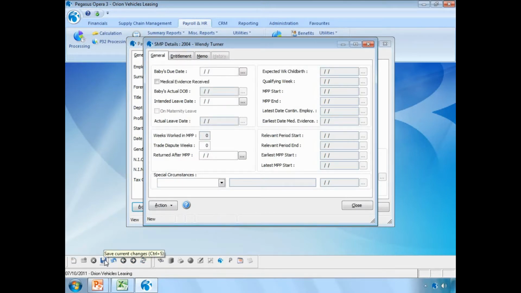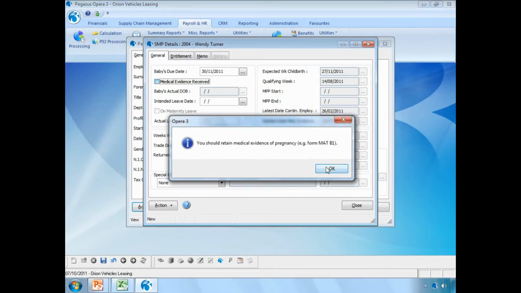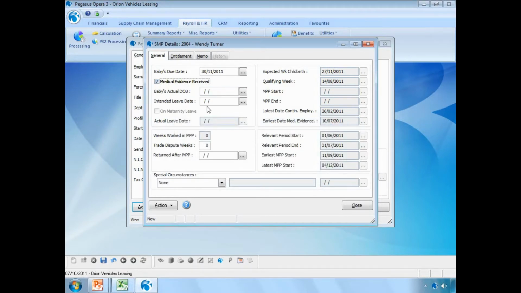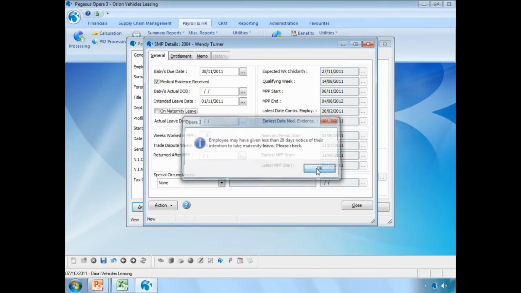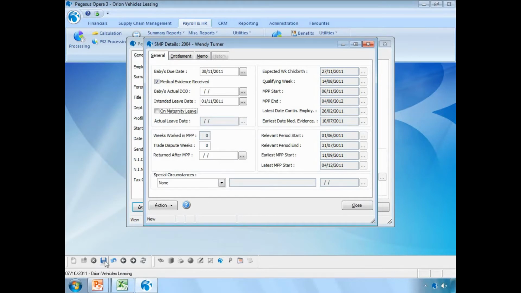When is the baby due? Has medical evidence been received? I'm going to say yes to that. And what's the intended leave date? Notice it's given us warning messages here. She hasn't given us 28 days notice that she wants to leave. I'm still going to accept that, however. And if I save this away,